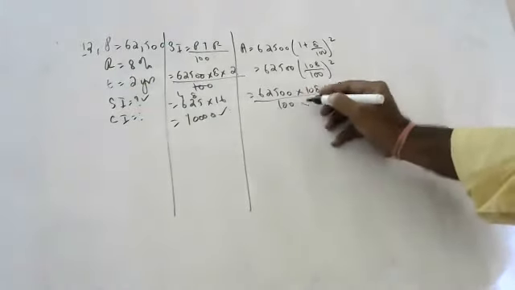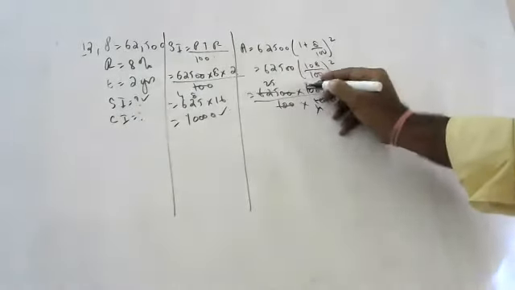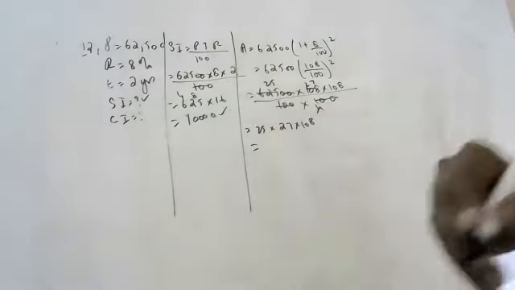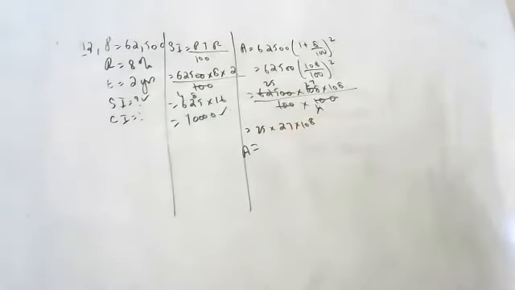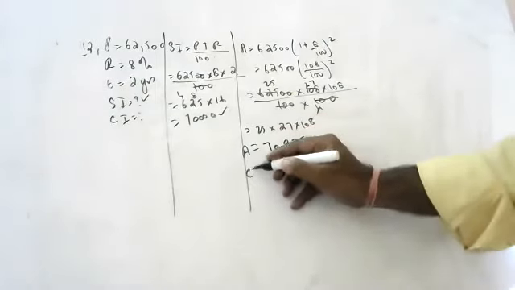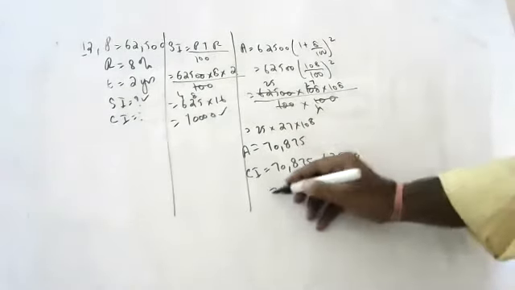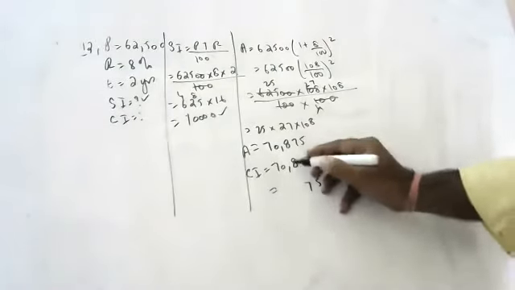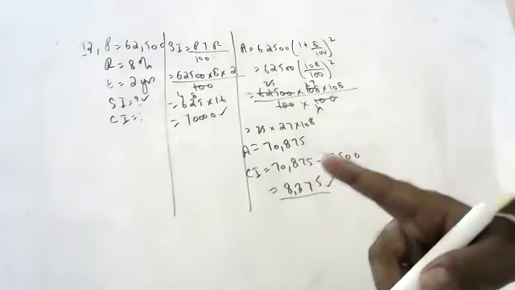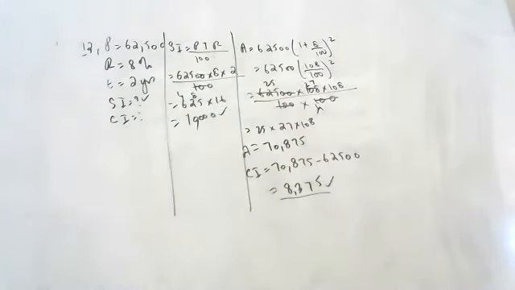Rishikesh, can you please try how much this is? 25 into 25, 4 into 4, 2 into 4, 7 into 25 into 27 into 108. Rishikesh, how much is this? This is the amount, sir. 70,875, sir. Compound interest how much, children? 5 minus 0 is 5, 7 minus 0 is 7, 8 minus 5 is 3, 10 minus 2 is 8. So 8,375 is the compound interest. Simple interest is coming 10,000. How is it coming like that?